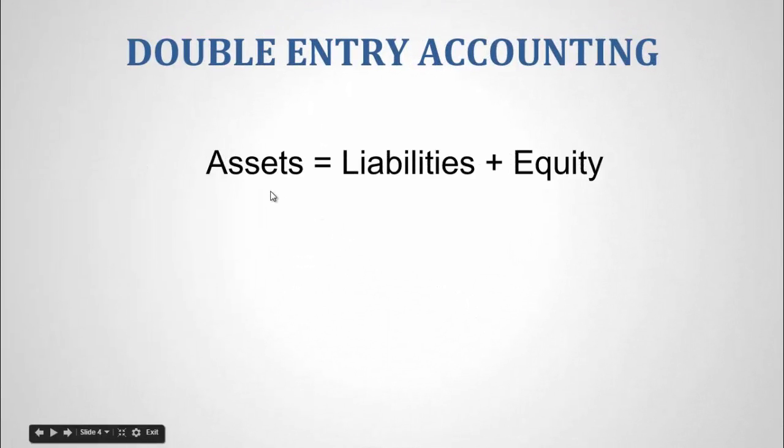We will again refer here to our accounting equation. Assets equals liabilities plus equity. Assets, if you remember, is anything the business owns, while liabilities is everything that the business owes. As you can see, this equation must balance at all times,